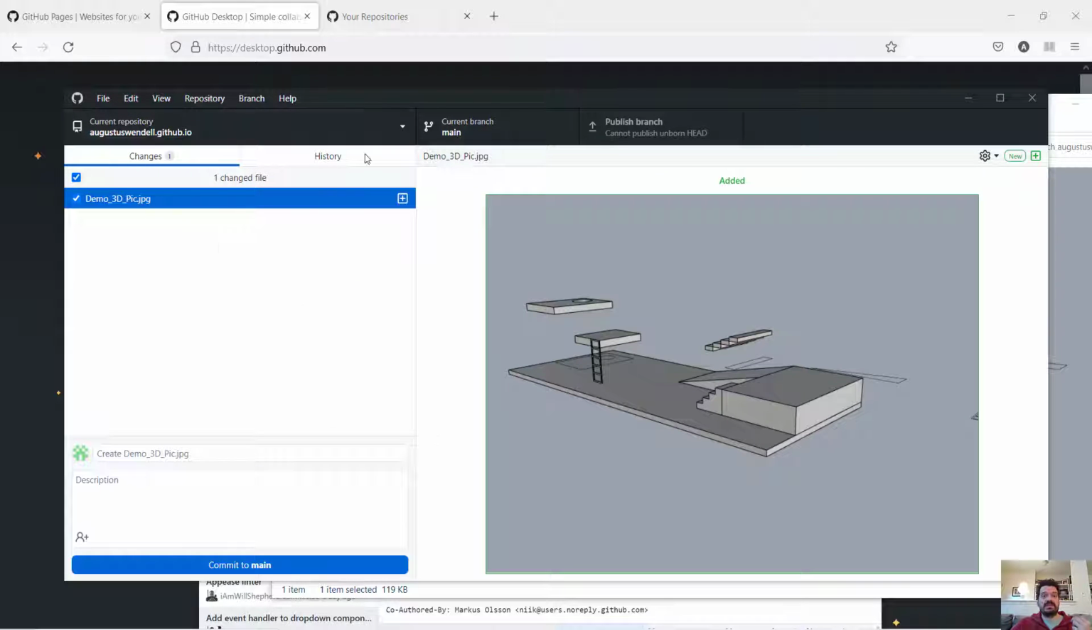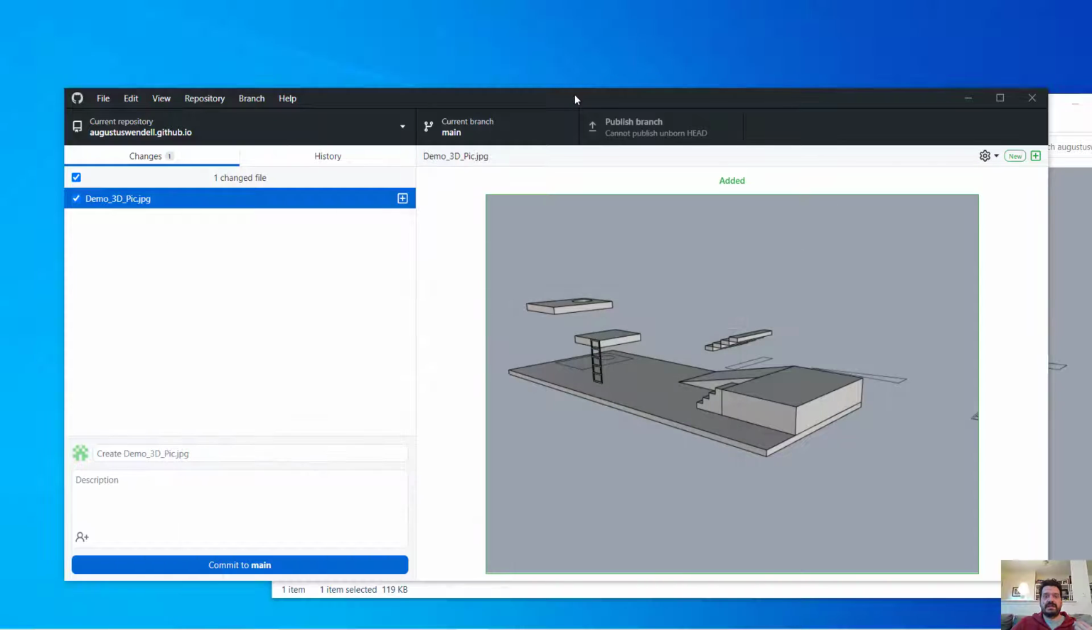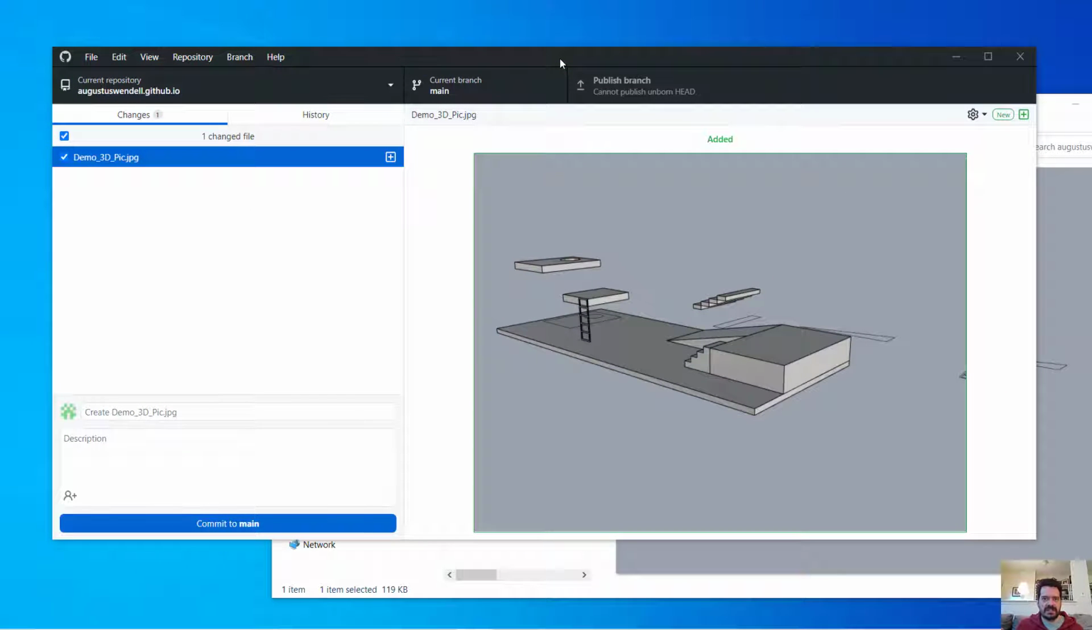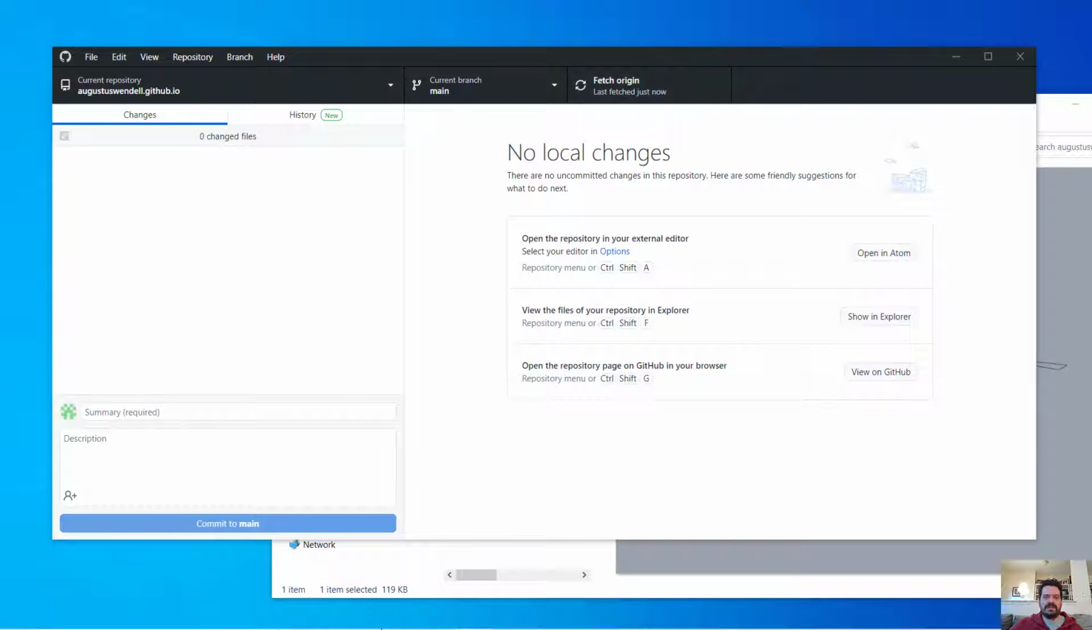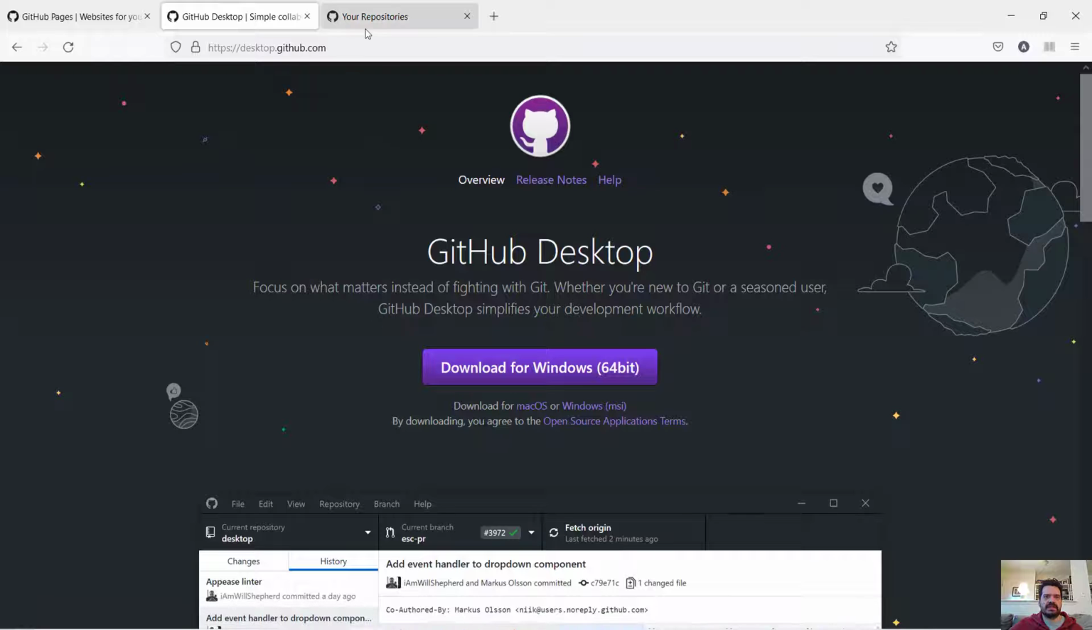What I notice immediately when I go to my GitHub Desktop is it has acknowledged something new has changed in my local folder that is not changed in the cloud folder. It tells me this is one change. One file has changed here. So I'm going to commit it to the main, and then I'm going to publish and push it up to GitHub. And if I go back to my web browser and look at GitHub now, at my repositories,